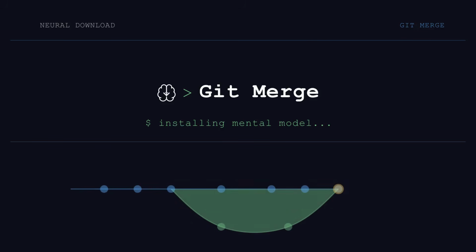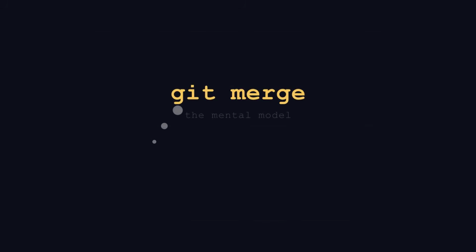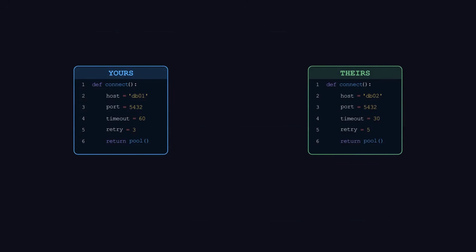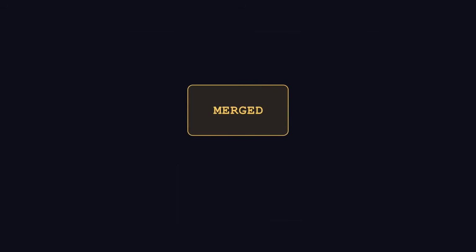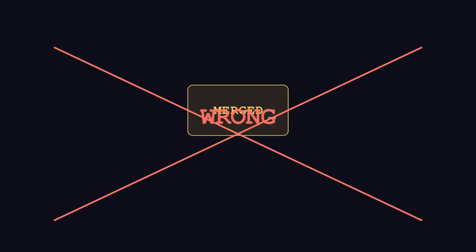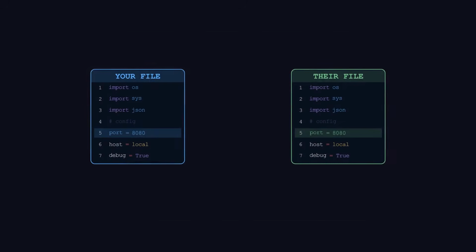Installing mental model for Git merge. Here's what most people think Git merge does. You have your code, they have their code. Merge smashes them together. But that model is wrong, and it breaks down the moment two people edit the same